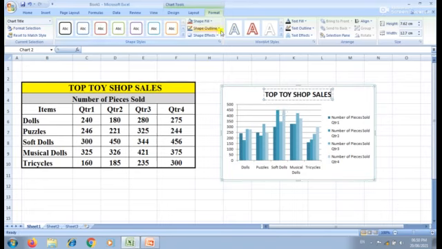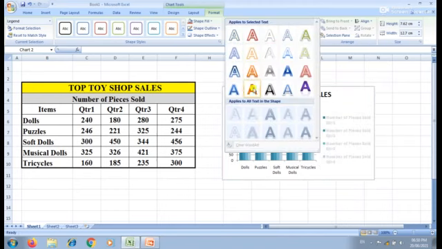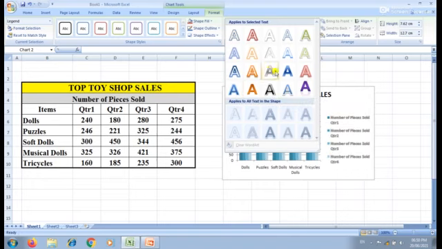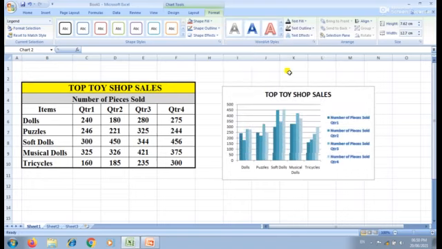I will show to you. For example, I'm going to change the word styles. Okay, here the number of pieces sold, the font style, word style I'm going to change. So that going to click. See here. Now word style I'm going to change. So many word styles are available. So as soon as I click, the word styles are changed here. Is it clear, student?